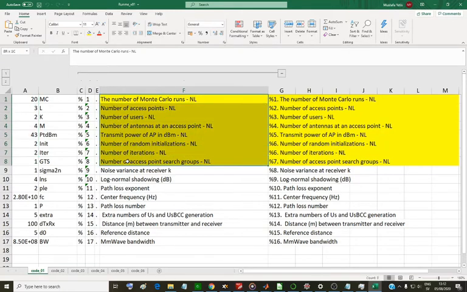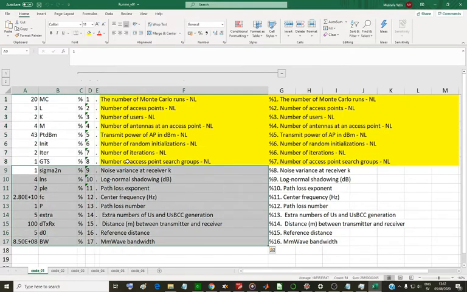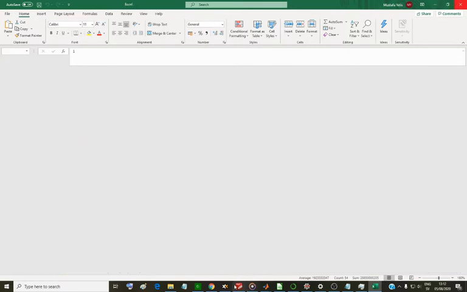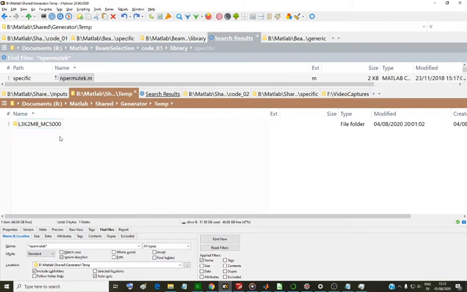So these yellow colors are being input from the network list file, because these are the main parameters that in the paper we change, and these are more fixed parameters, so they are here. If we want to change, we can change those parameters from here. So it's good to divide the variables into the ones that are changed often and the ones that are changed less often. Just as an introduction, to explain simply, to generate files, it dumps those files